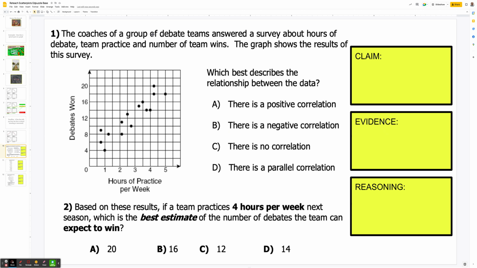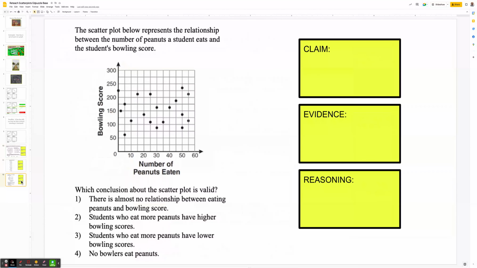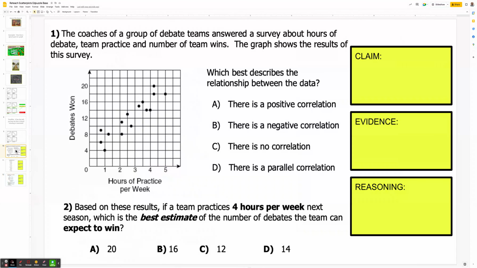Okay. When you saw a real problem, a lot of you just try to look at it and say, oh, it's just positive. I don't need to read the words. I just positive graph. I know what I'm doing. And that's not correct strategy. You do need to read and you do need to draw your trend line, especially when you see a scatter plot. So I'm going to do this slide here, number one. And number two, the expectation is that you do 11 and 12 on yours, okay? So